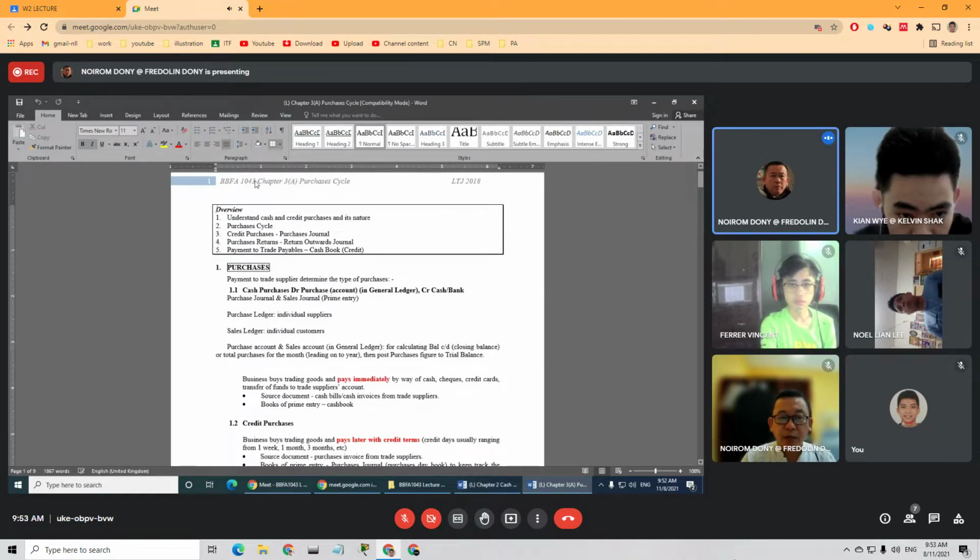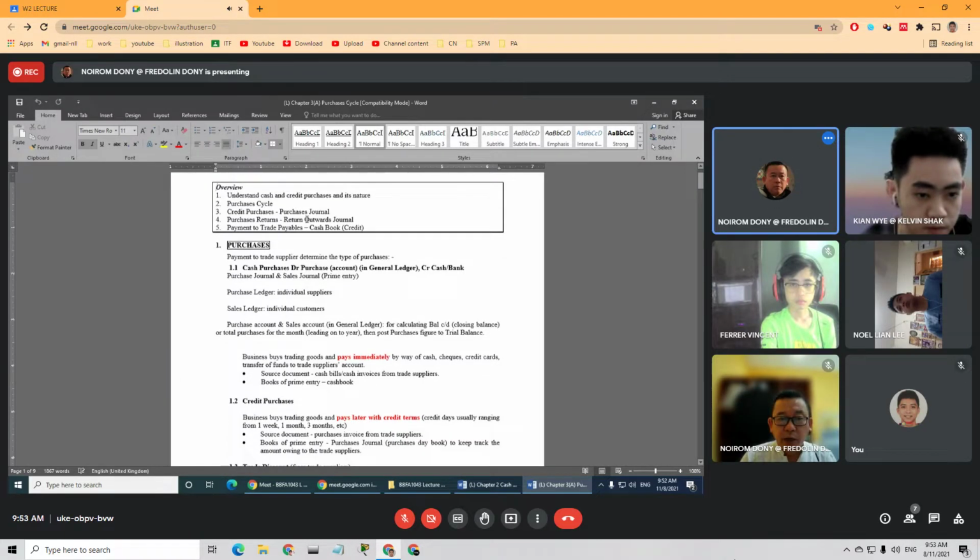Okay, so you need to understand all these five items. Now purchases. So purchases and payment to trade supplier determine the type of purchases. So we look at the payment type in order for us to distinguish the purchases. If it's cash purchases, meaning the business buys the item and immediately makes the payment,